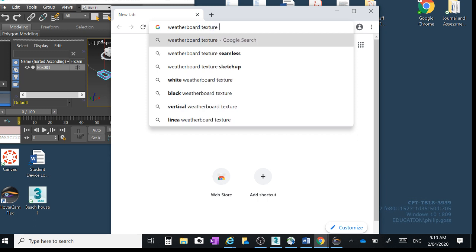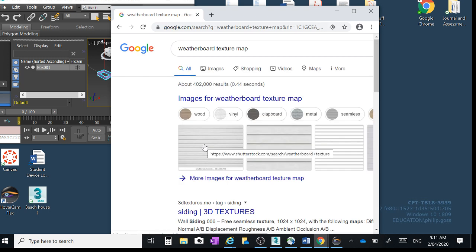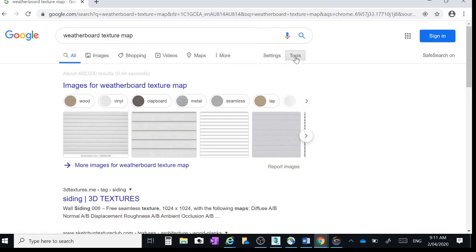texture map. The words texture map are really important when you're searching for a texture. If you just put weatherboards in there, you're going to get a whole lot of random pages to do with weatherboards. But if you put texture map, it knows what you're looking for. And we'll go to more. Actually, we'll just maximize that. We'll go to Tools, and we'll go